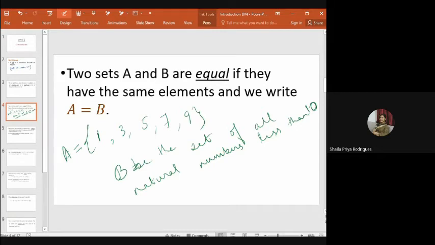Are they equal? The set of all natural numbers less than 10 includes 1, 2 till 9, so they're not equal. If I put some other condition here, will they become equal? What is the condition that I need to put so that they become equal? Yeah, the set of all odd natural numbers less than 10. Then, if you list down these numbers, they'll be the same set as A. The first odd natural number less than 10 is 1, and then comes 3, 5, 7, and 9. All right, so this is set B, and set A and set B are equal now with the condition of odd natural numbers.